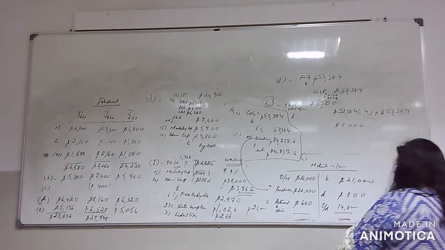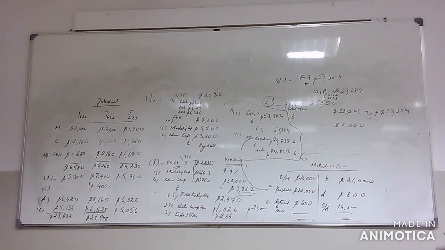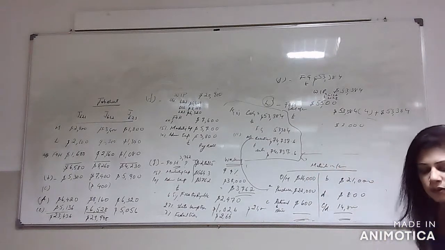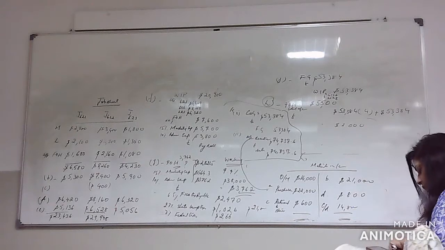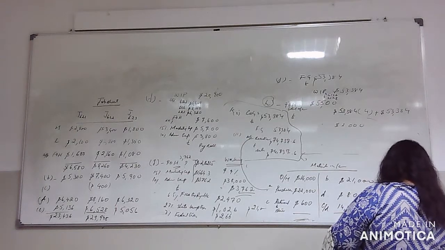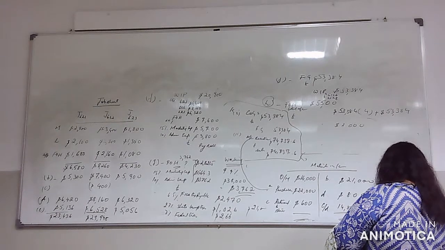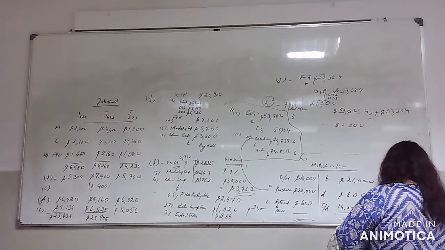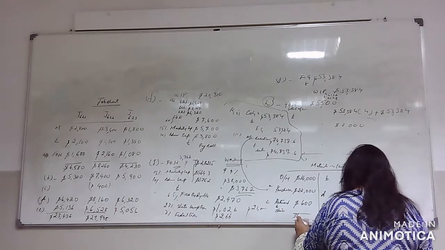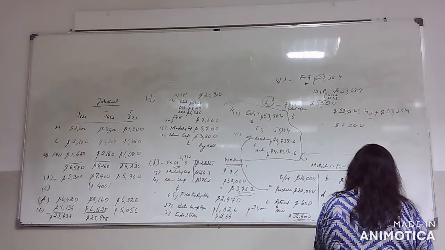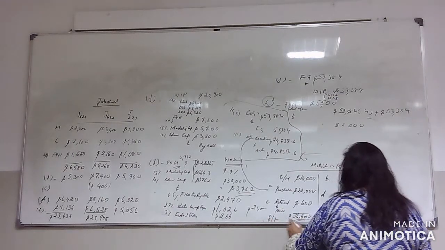So in the similar pattern, you are supposed to do the work in process and factory overhead, and this will be brought forward in the next period. This total is 14,000 plus 22,000 plus 600, which is 36,600. So this was actually the balance, and this carried down will be brought forward for the next period.